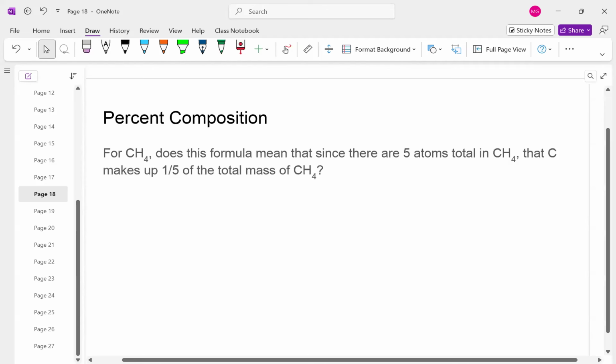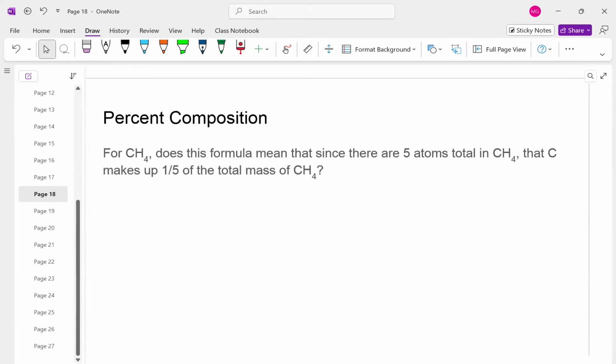All right, we're going to switch gears a little bit and look at how we can use molecular formulas to get information or lead us to various mass ratios of the atoms inside that molecular formula. And here's what I mean by this. So if we look at CH4,